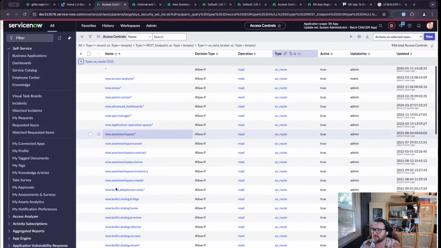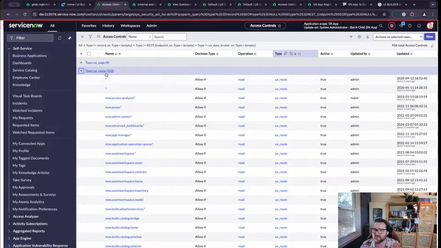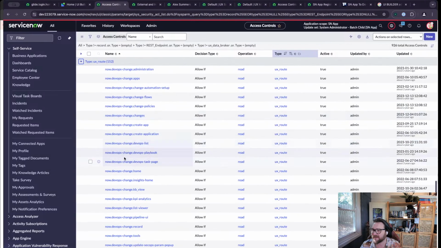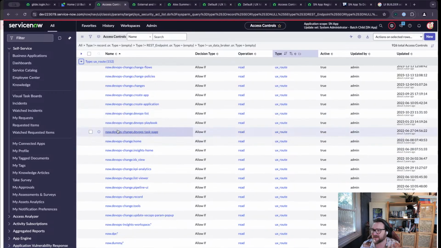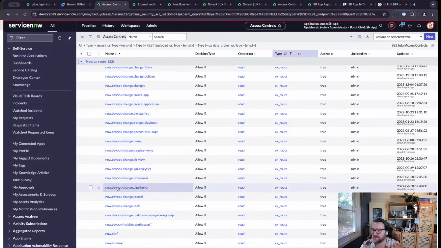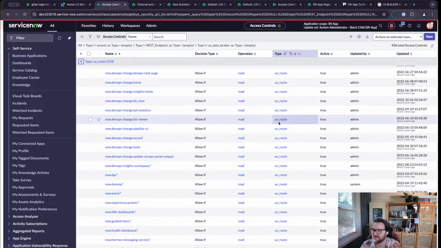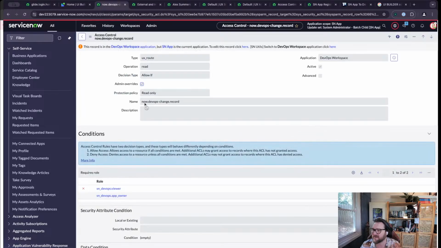So these look like a UX route is basically that looks like a UIB page, right? An experience. What are these? Allow if, read, SN DevOps viewer, SN DevOps app owner,